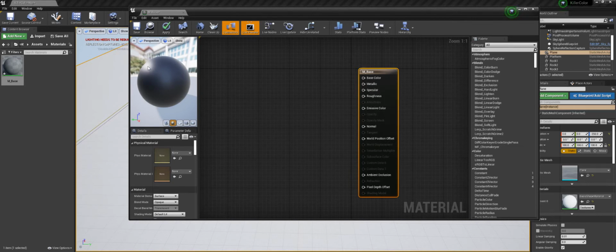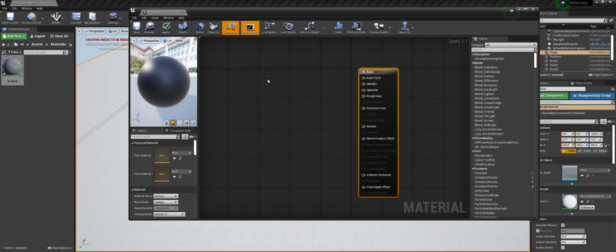Specular, that's the highlight you get on it. Roughness is what it says, how rough the material is. Now specular and roughness depend on each other a lot, so setting one may affect the other. Then there's emissive color, that's a sort of self-glowing effect. And the normal, which is sort of high poly details on your material. Then there's world position. We're not going to go deep into this one,